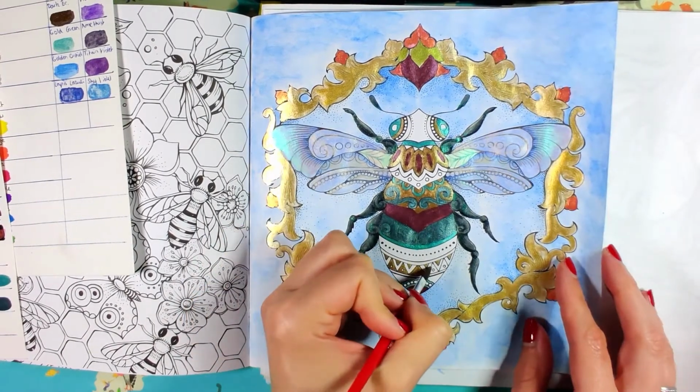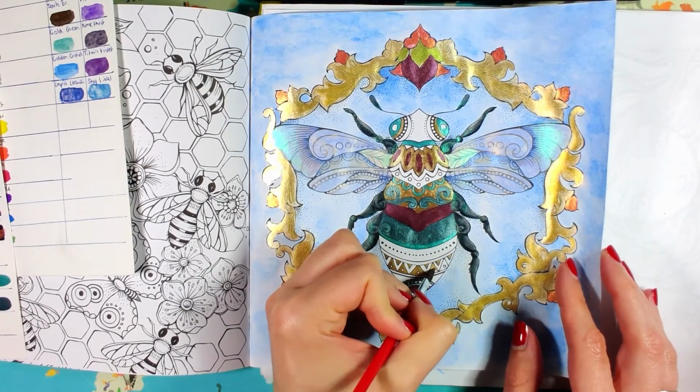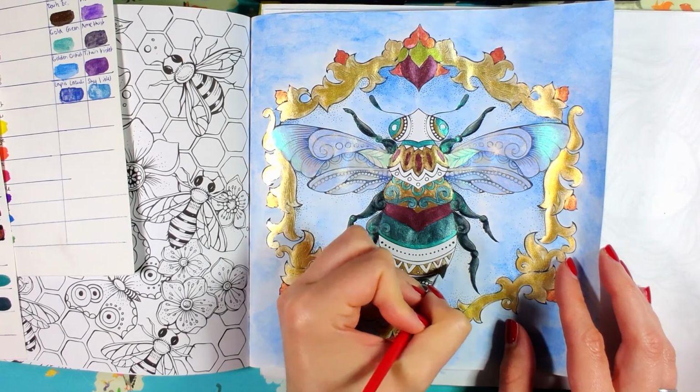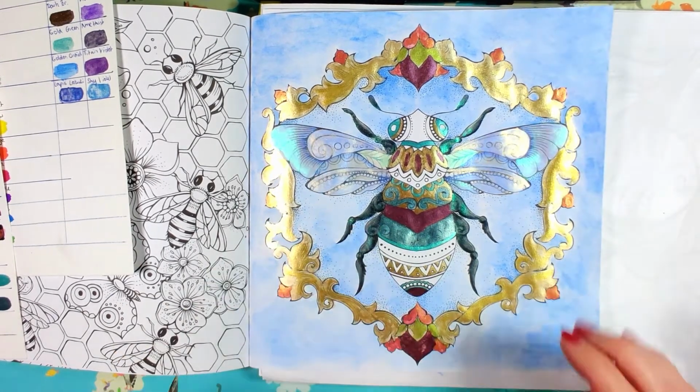I think a lot of people on the Coliro Instagram use these for calligraphy and card making as well, which I can see, to write with these colors. That's awesome. Okay,